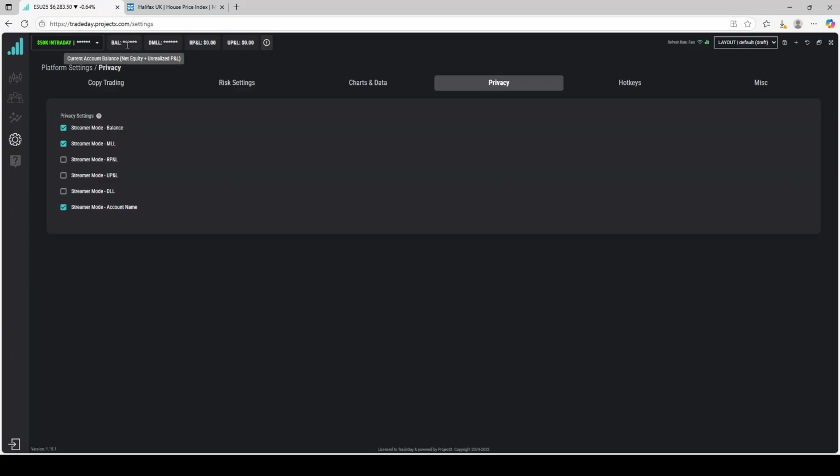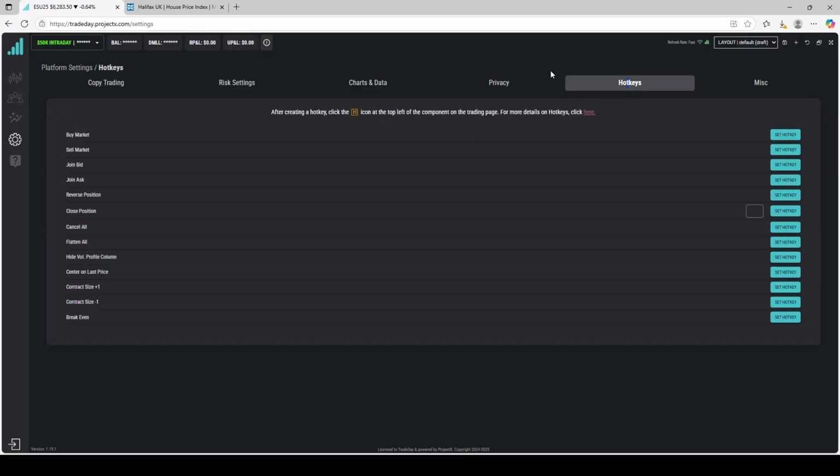So you see how my balance has the asterisk marks and the account name has the asterisk marks and all of that. Like, that's where you do all of that at. Next, you have the hotkeys option. So you can set up hotkeys. I think that's pretty cool. So if you wanted to,